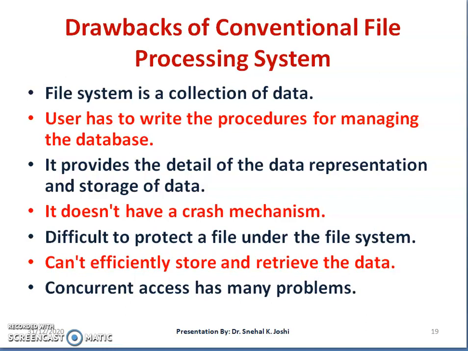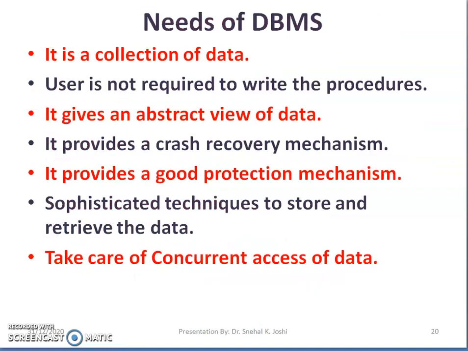Concurrent access is also a problem here. Multiple users cannot access this because if someone is using that particular file, it is locked. Concurrent usage is a problem unless you create replicas of that, and that again gives a higher burden on memory. All right, so these are the drawbacks of conventional file processing system, and because of these, there exists a need of database management system.